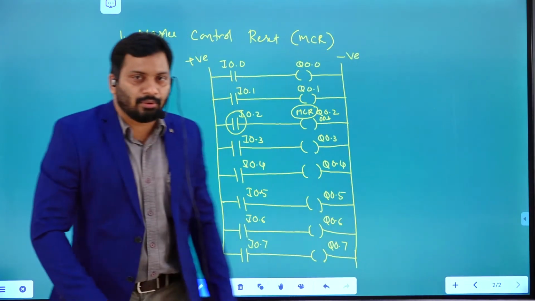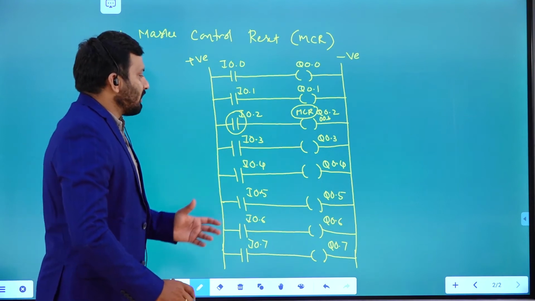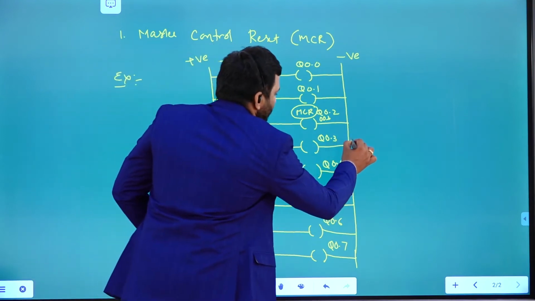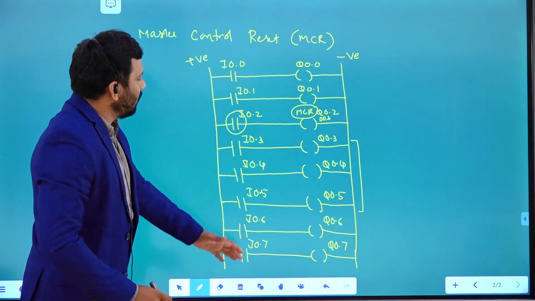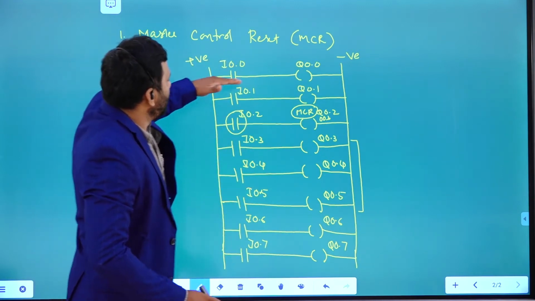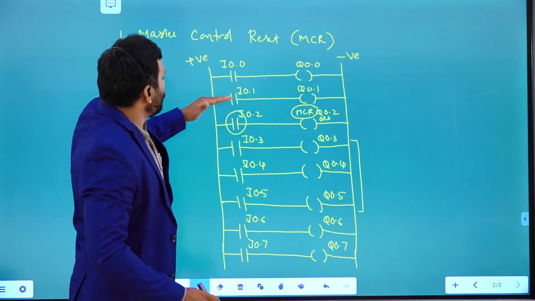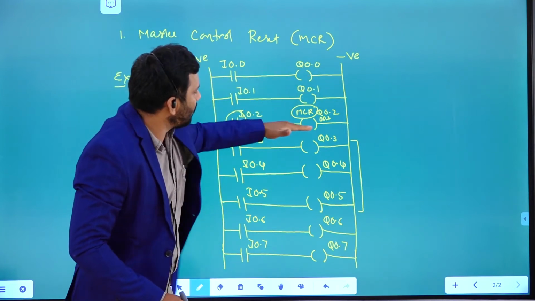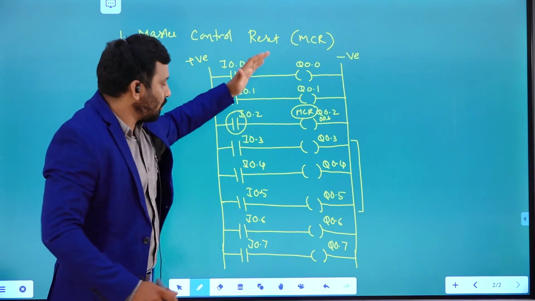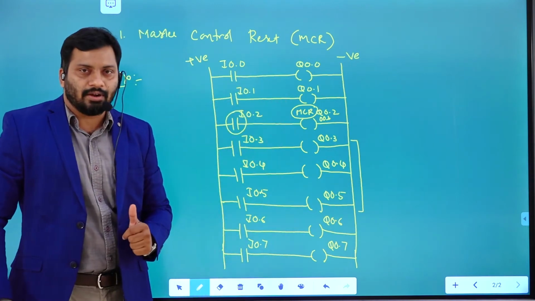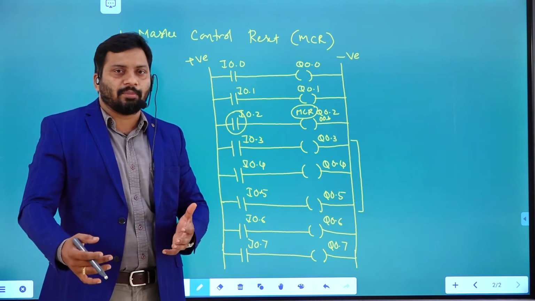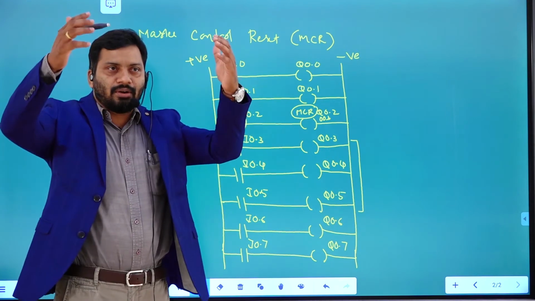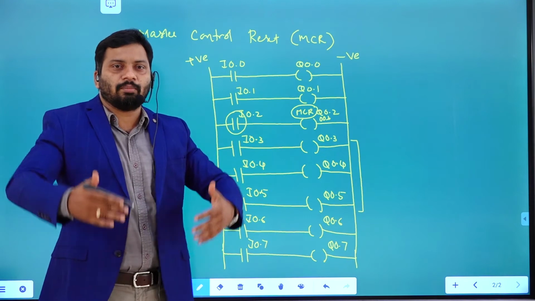This is the thing you need to remember. For example, if you want to reset these particular 3 lines, how is it going to be executed? This particular logic is executed with the first rung like this, then it moves to the second rung, then the third rung, fourth rung, like that the total program is executed. Just like while writing a program for a microprocessor, you write instructions one by one.